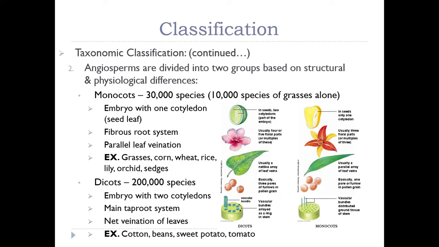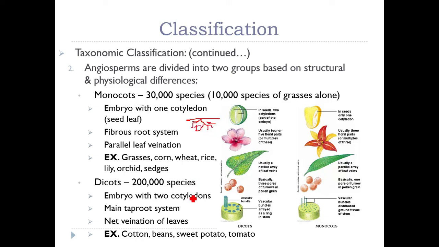And the monocots, which include the grasses. There are about 30,000 species of monocots, 10,000 species of grasses alone. So the grasses make up the biggest group of the monocots. The monocots are characterized by having an embryo with one cotyledon or seed leaf, and they have a fibrous root system, a root system that tends to grow in such a way that basically you get a network of roots instead of a single